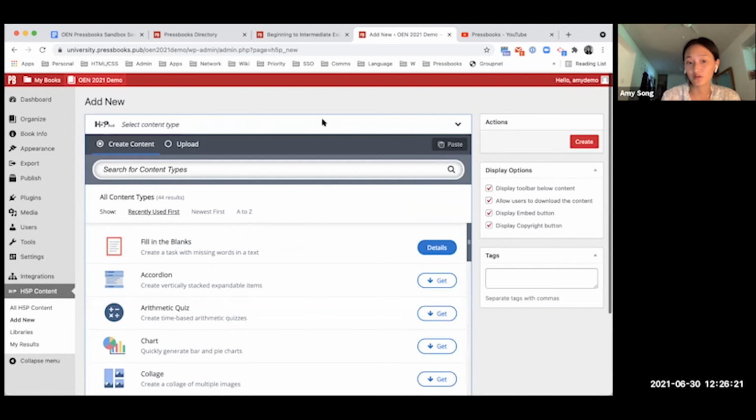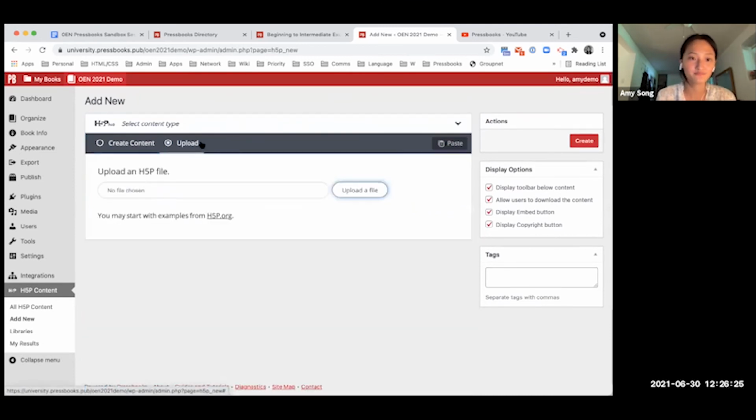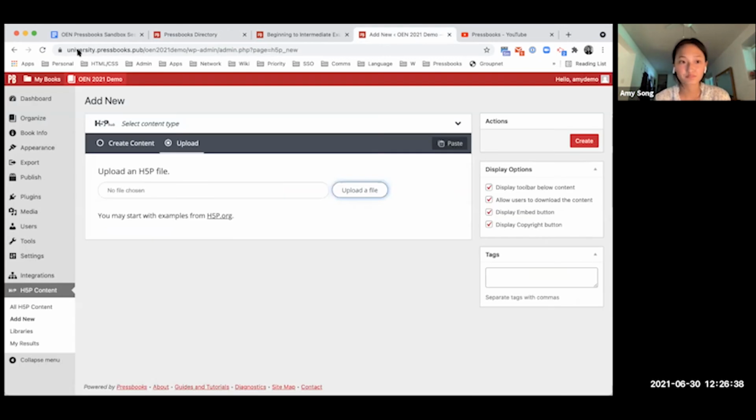If you're already creating H5P content, as someone had mentioned earlier, then you can go to Upload and upload your H5P file. You can further adapt it to fit your needs. You can find an H5P file somewhere within a book in the directory, wherever, as long as it's a .h5p file, you can use it. And then the last thing is, unlike